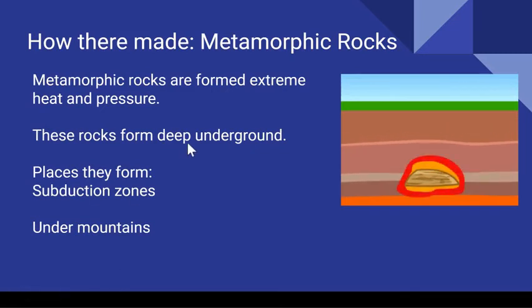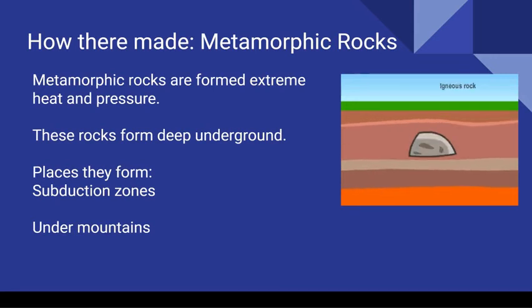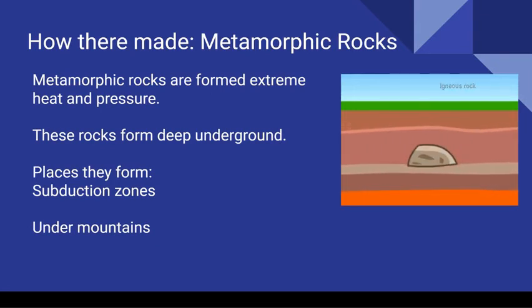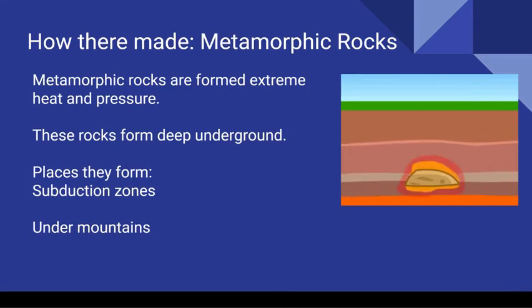These rocks need to form underground. These are going to form in places called subduction zones, where one piece of a continent or a continental plate that makes up the surface of planet Earth is diving under another one. So it's a natural burial process. Another place that this can happen is underneath mountains. As mountains build up, there's more weight to push down and push it more towards the center of the earth where all the heat is coming from. And as it pushes down, you've got gravity pushing, a little bit of the heat coming up, and that's forming our